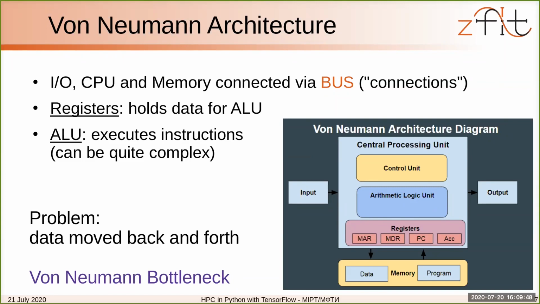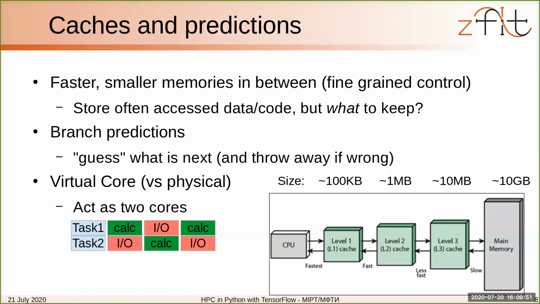Now, there are some approaches to mitigate this problem. One of them is caches. So instead of having just the CPU and the memory, what we have in between are so-called caches, which are smaller memories, way smaller memories, as you see below, in the order of kilobytes or megabytes, that store the, let's say, often accessed data or code. So if we do a computation and we need the array again in the next step, we can just move it to the level 1 cache and then keep it there,